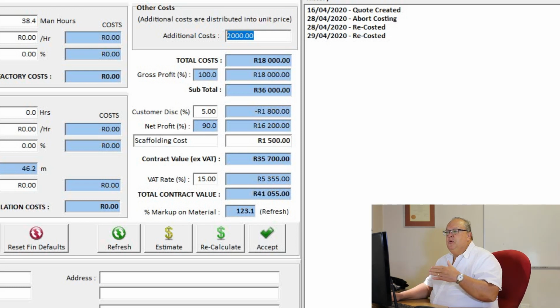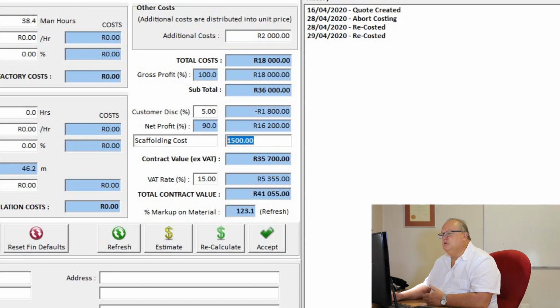And it's distributed proportional to the total value of that. So if our shopfront one that we did on this design represents 23% of the total value of this project, then 23% of this 2,000 Rand will be allocated to that shopfront. Whereas this scaffolding cost or transport cost, whatever you want to call it, is just shown as a separate line